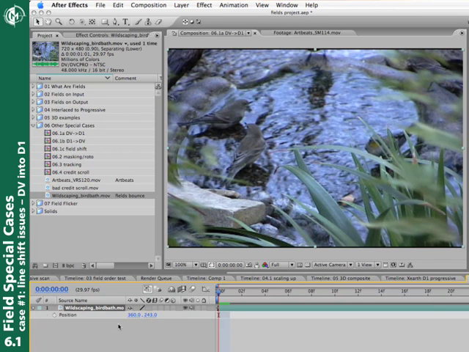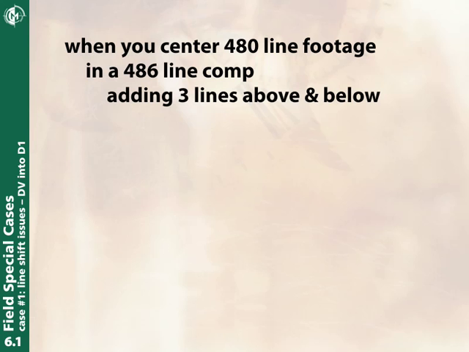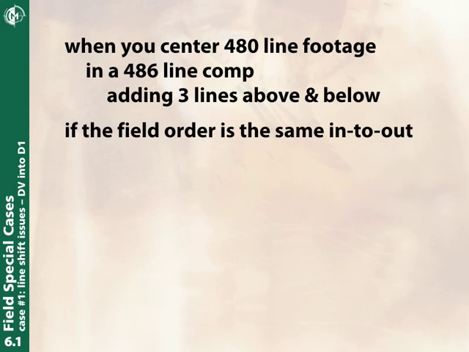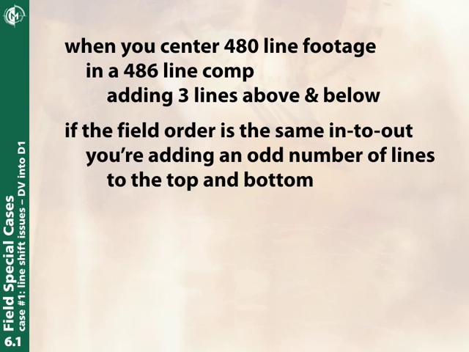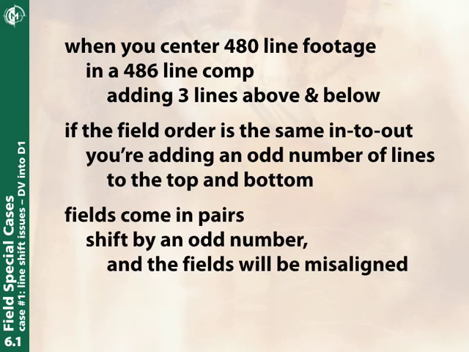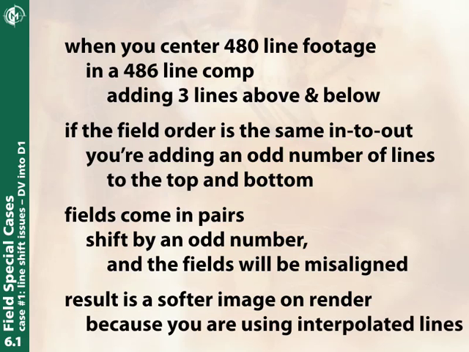The second thing not to do is to do what I just did. Drop it in and leave it centered. And here's why. When you put 480 into 486, you've got 3 lines above and 3 lines below. If I'm going from a lower field source to a lower field first render, we have a little bit of a problem here. By moving my footage down an odd number of lines, fields on the input no longer line up with fields on the output. If I were just to leave this centered and render it out as is, the result would be a softened image